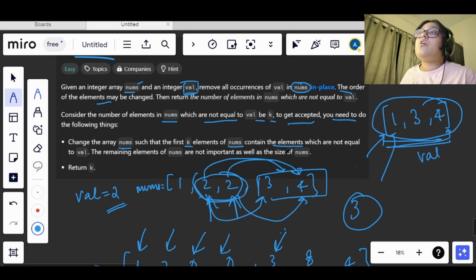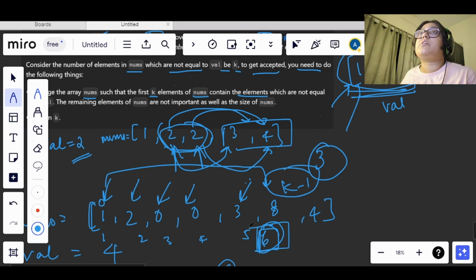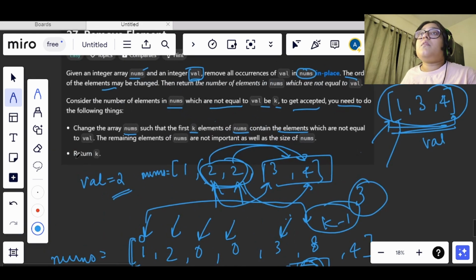As I told, from 0 to this index, all the values should be not equal to val, and the array that will be checked will be from 0 to the k minus 1th index. That will be done internally. We just need to return the number of elements, the k.